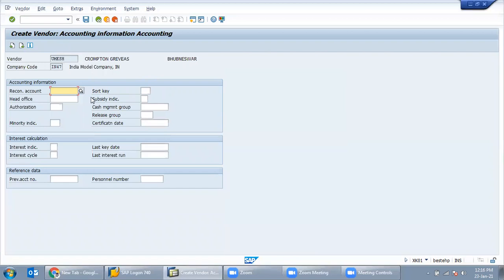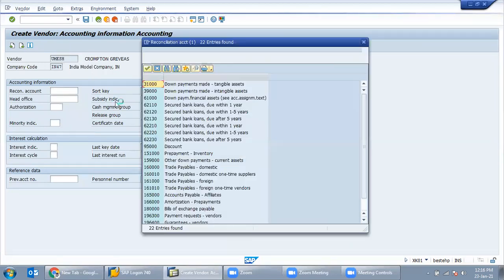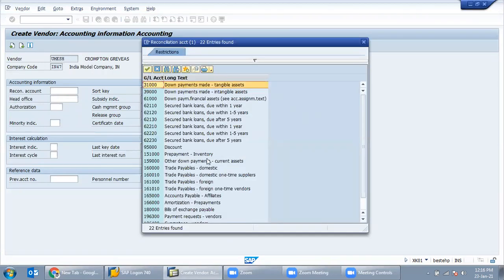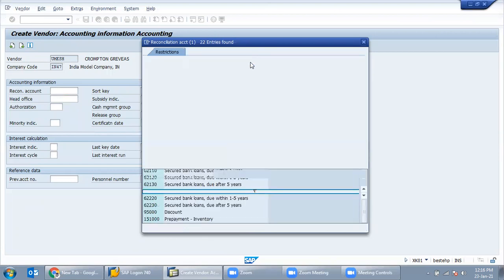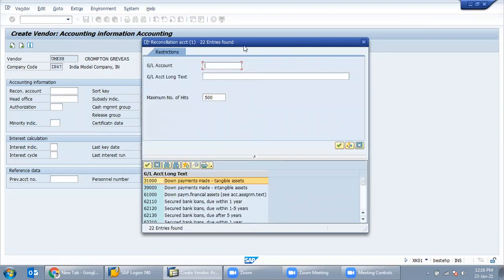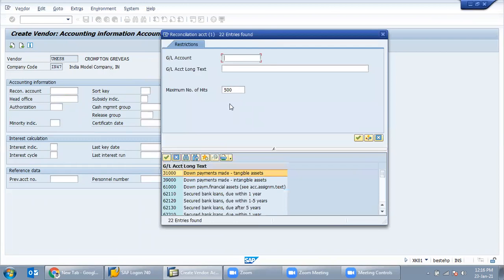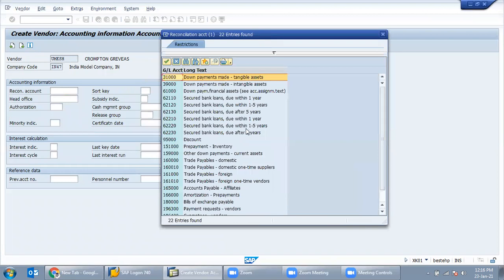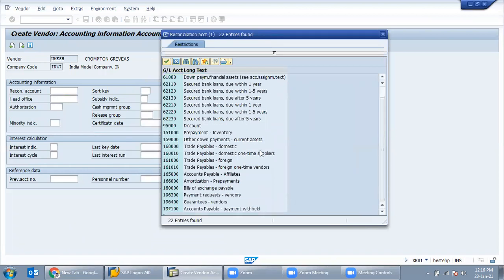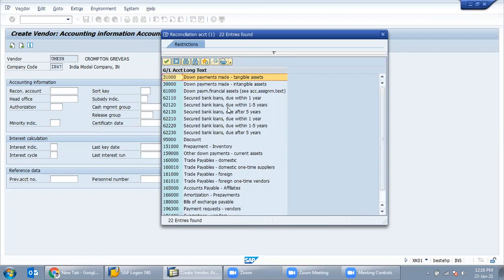Recon account, this is the main part of the vendor, from where the GL will get hit. Okay, so here we need to find out which GL we assign to that particular vendor. So it comes under reconciliation account, vendor reconciliation account. We just select from here.